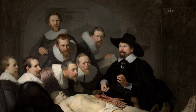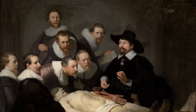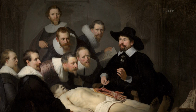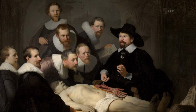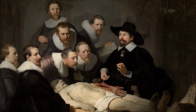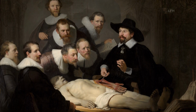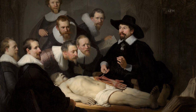Compositionally, Rembrandt breaks from tradition. Earlier group portraits often arranged figures in rigid symmetry, but here, the figures form an asymmetrical cluster, their attention converging on both Dr. Tulp's demonstration and the illuminated cadaver. This triangular dynamic creates a visual dialogue between science,